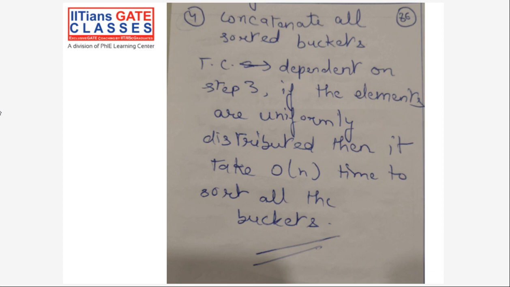So now the fourth step is to concatenate all the buckets, and you'll get the sorted output. If elements are uniformly distributed, then it takes order of n time, right? If elements are uniformly distributed, that is the only condition. So any doubts in bucket sort, or any doubts in sorting itself, whatever I have discussed till now? I've not spent much time on bucket sort. This is just a formality I've done.